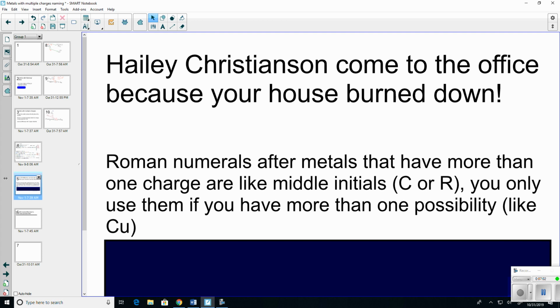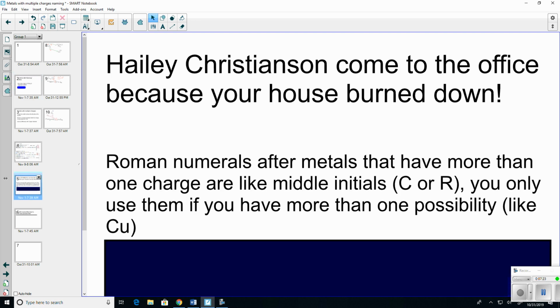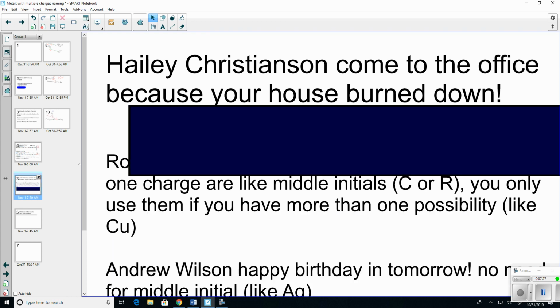However, we are not going to change what I taught you last class. Remember the problem that started off class? Magnesium nitride? I'm not telling you a Roman numeral or whatever in between the two, because there's only one version of magnesium, a +2 charge. It only has one tiny number directly above it. But if there's more than one version, we have to use the Roman numeral. So, for example,